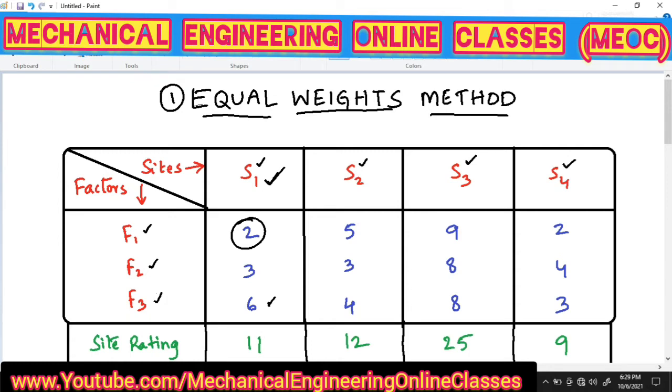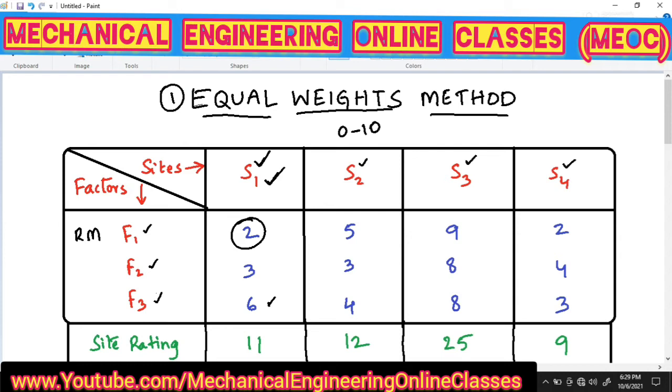So these points are nothing but we are giving a particular rating to that particular site S1, ranging from 0 to 10. So for example, F1 is the availability of raw material. So between 0 and 10 I am giving a rating to this particular site 1 in terms of raw material supply.